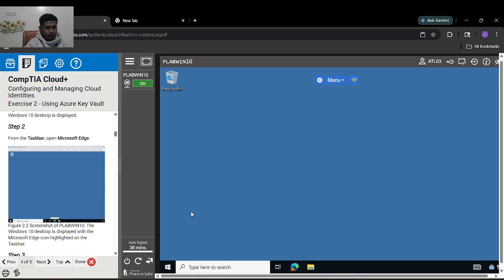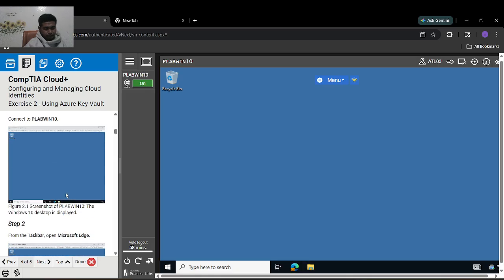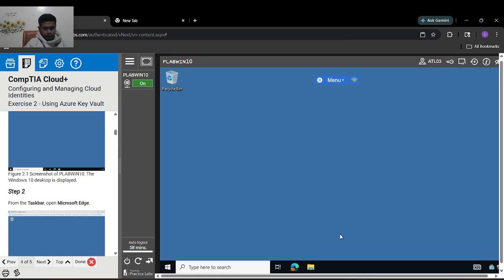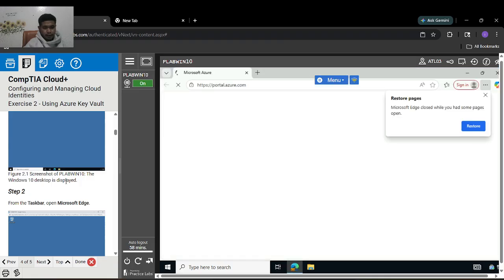So step 2. From the taskbar, click Microsoft Edge.